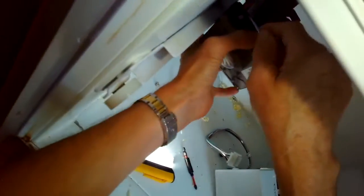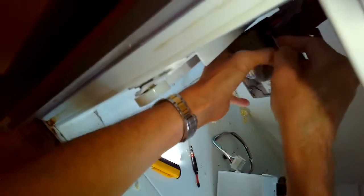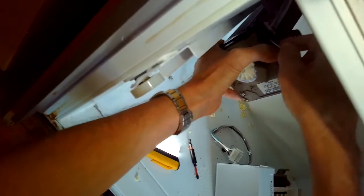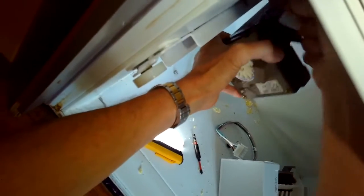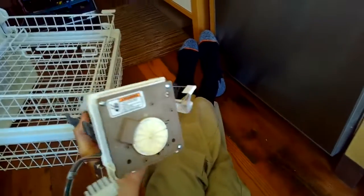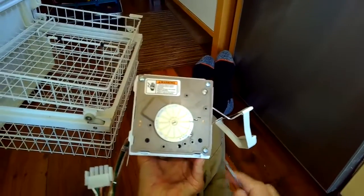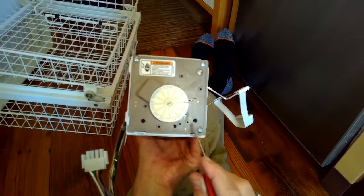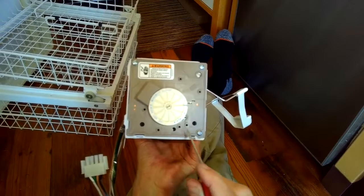We have to push down on that little pin. I'm using a small standard head screwdriver, and then I can push the modular electrical connector out. Pull that off, and here's the old ice maker, which I think probably was working, but it's just that no water was getting to it because of the frozen part. So here's a plate that you can take off, and you can put a wire between T and H,